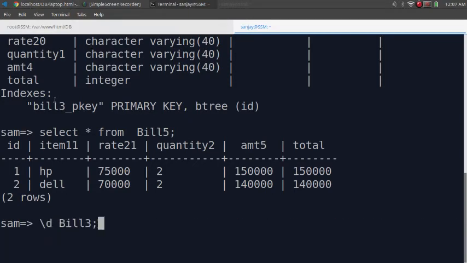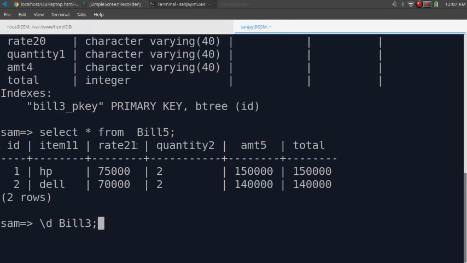Here item 11 is taken as the enum data type, because the user is selecting multiple values, that's why in the database also we need an array to store the values.